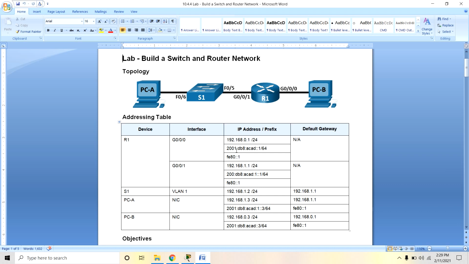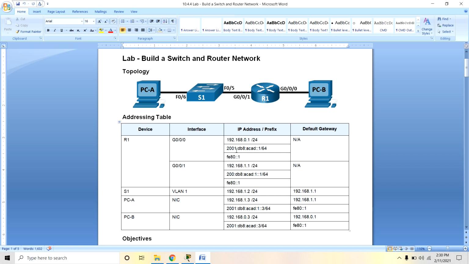The main objective of this lab is to cable the equipment as shown in the topology. We will then configure the devices to match the addressing table. After the configurations have been saved, we will verify our configurations by testing for network connectivity.